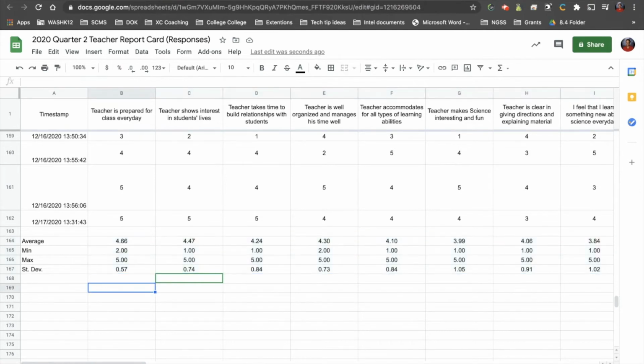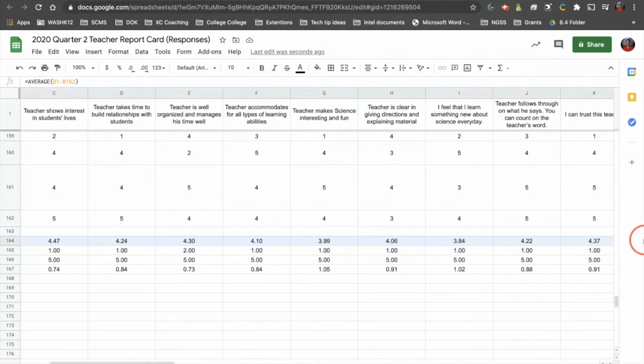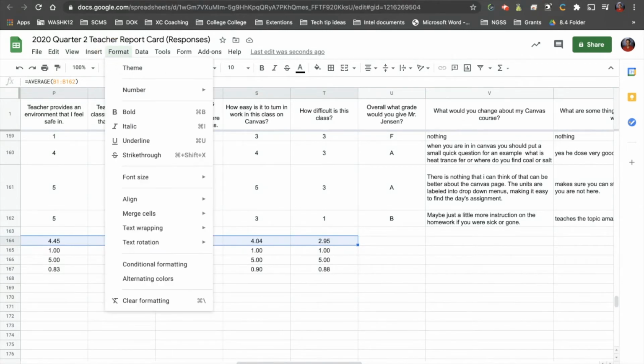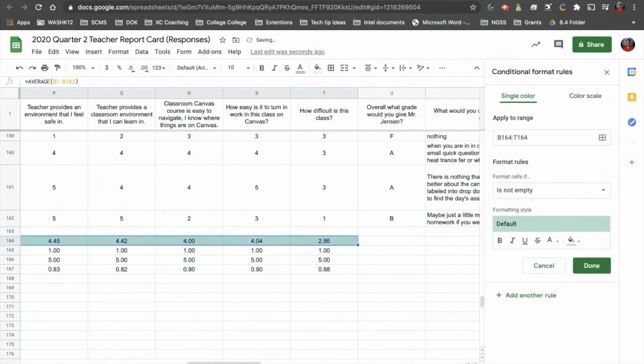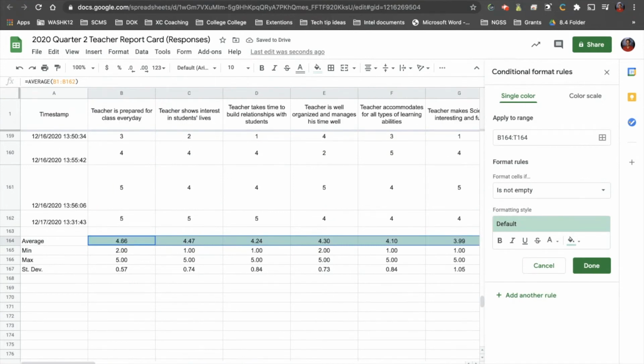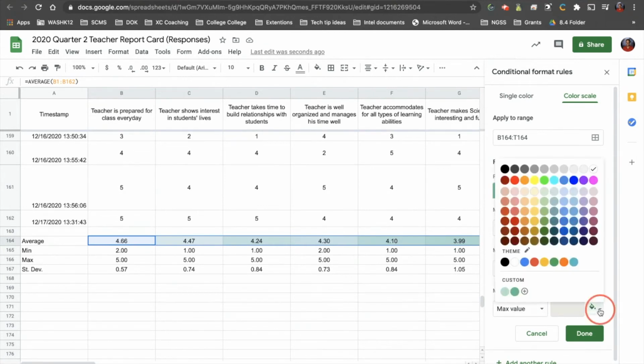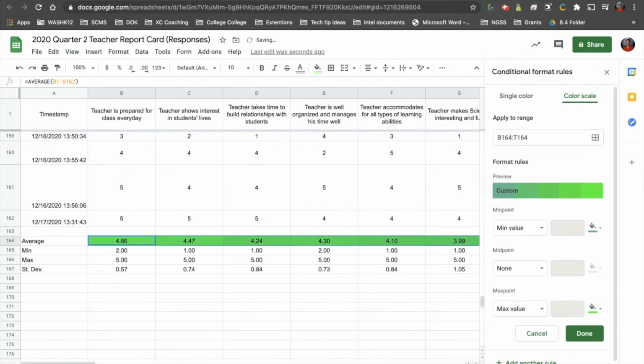Okay. Now, this is nice because I can look at each one of these, but what I want to do is be able to see this a little bit nicer visually. So what I'm going to do is some conditional formatting here. So if I select all of these and I go up to format and down to conditional formatting, what I can do is based on the values of each one of these cells, I can color code them. So if I'm going to go to a color scale here, and in this case, higher the better. So the higher the average I have, the better. Okay, the better I did. So the max value here, I'm going to make this, let's say, a really big green.